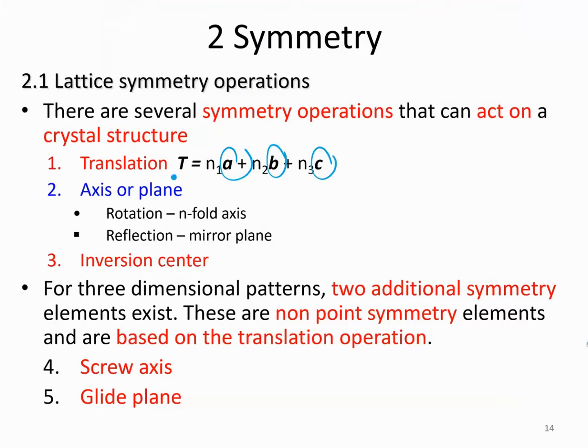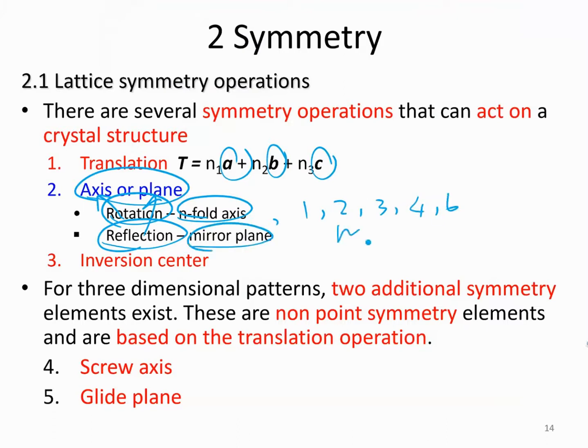And then we have axis and plane: rotation means axis, reflection means plane. For rotation, we have n-fold axes: 1, 2, 3, 4, and 6-fold. For reflection, we only have the mirror plane. And then we also have the inversion center. And then when you combine 1, 2, and 3 randomly, let's say you combine translation